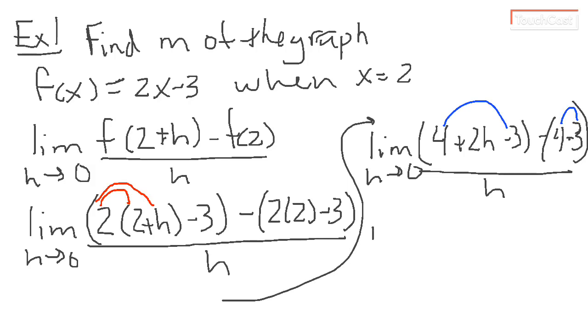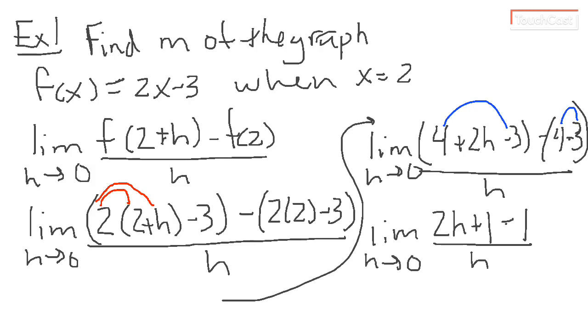So we're going to have the limit of 2h, I'm going to start ditching my parentheses, 2h plus 1, minus 1, because we've got 4 minus 3, which is plus 1, and then minus another 4 minus 3, which is going to end up being minus 1, all over h, as h goes to 0. Now what we've got left here, these 1's cancel each other out. And in our numerator and denominator, these h's will cancel each other out. So what we've really got is the limit